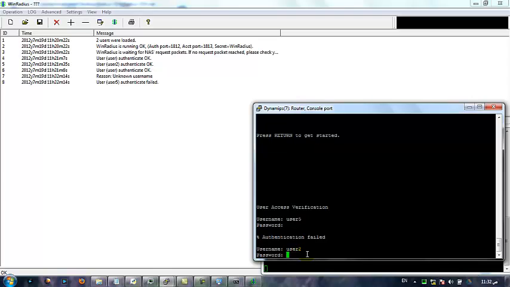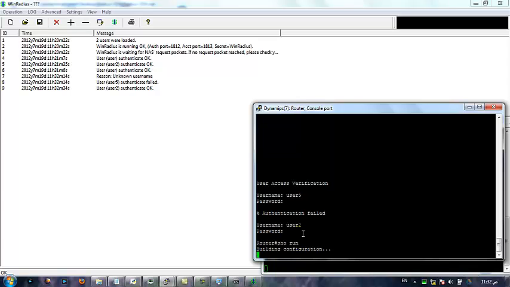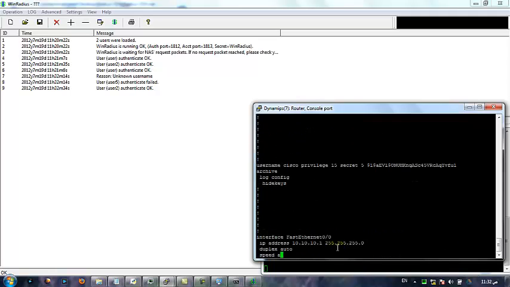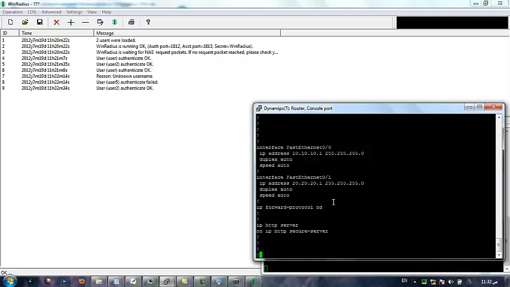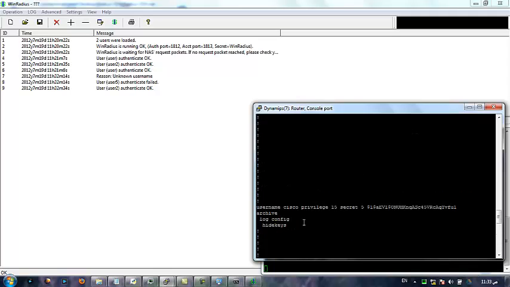Now user2, because I have here user2 and user. So now the password is user2. Yes, now I am inside the router. And the router didn't ask me to enter the password for privilege mode. Because if you remember, in show run, I used privilege 15 here, and also privilege 15 for line VTY and console. So I just want to